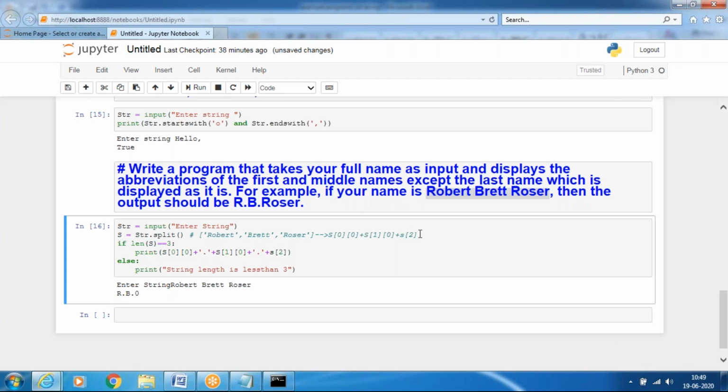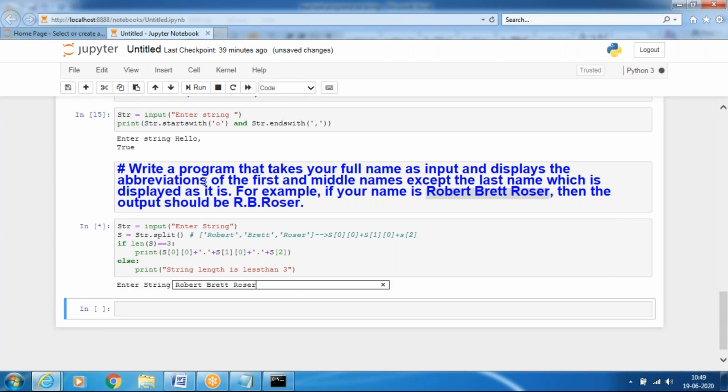So here, enter Rosser. Sorry, here I am using a small letter, that's why it prints the 0. Yes, s of 2 with caps. I will run again.